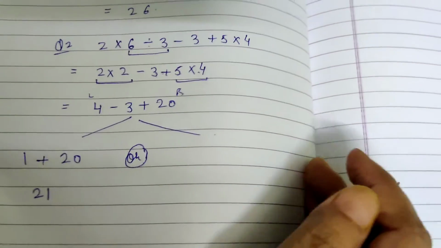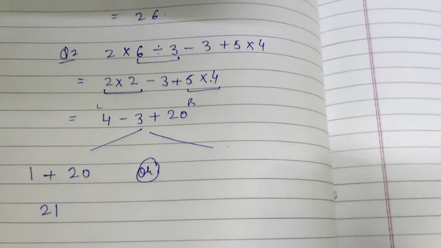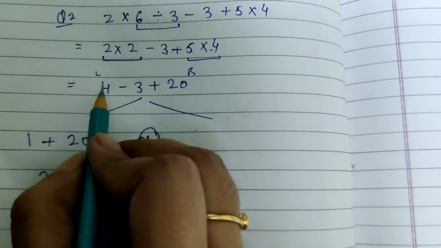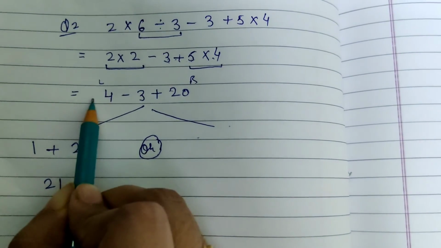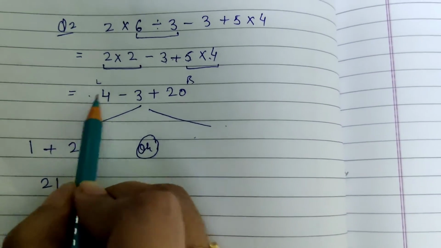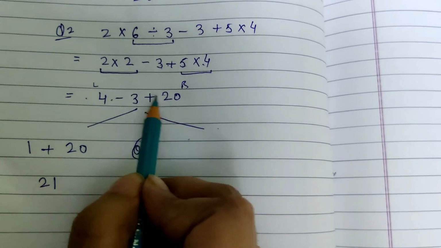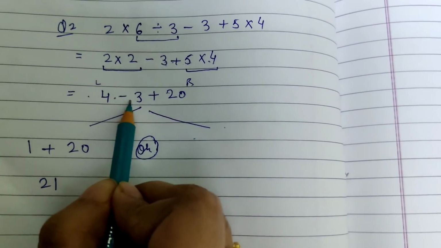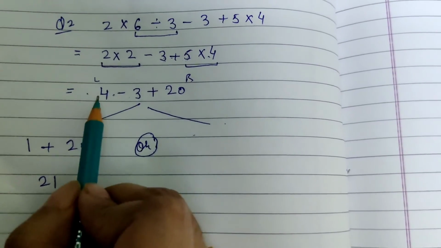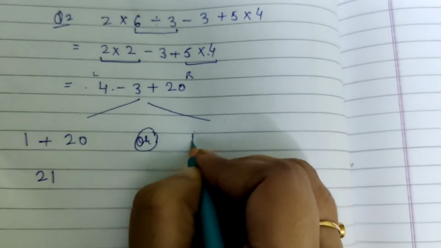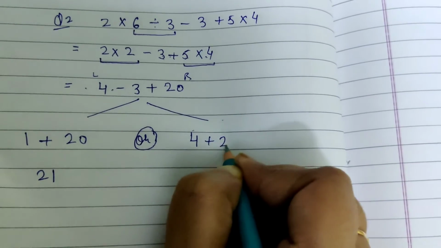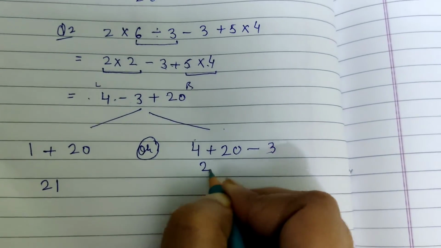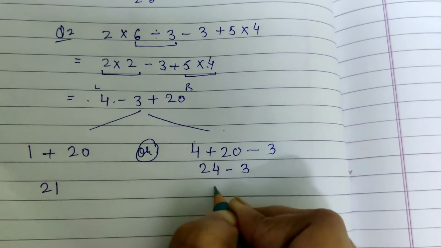Or, if you don't understand this, if you face problem in this, so what you can do, you can rearrange it and you can write all the positive numbers first. Now always see the sign in front of the number. Here there is no sign, that means positive. Here we are having a negative sign and here we are having a positive sign. So that means my 4 and 20 are positive numbers and this is my negative number. Okay, so how can I rearrange? I can write 4 plus 20 first if you want to do addition, and then I can write minus 3. Okay, when I add these two first it becomes 24 minus 3, answer is 21.